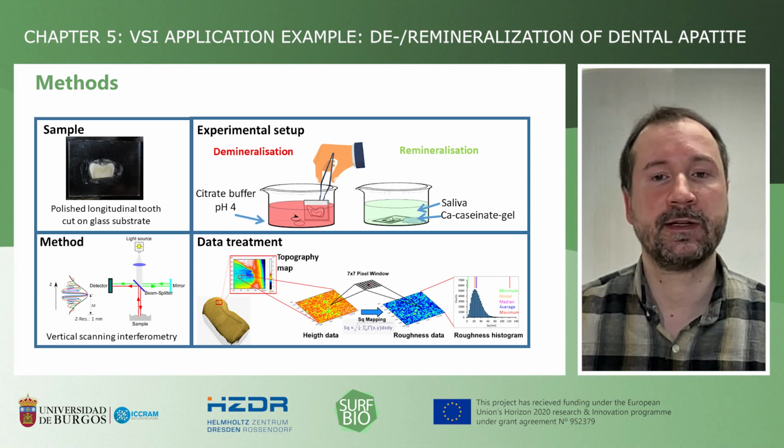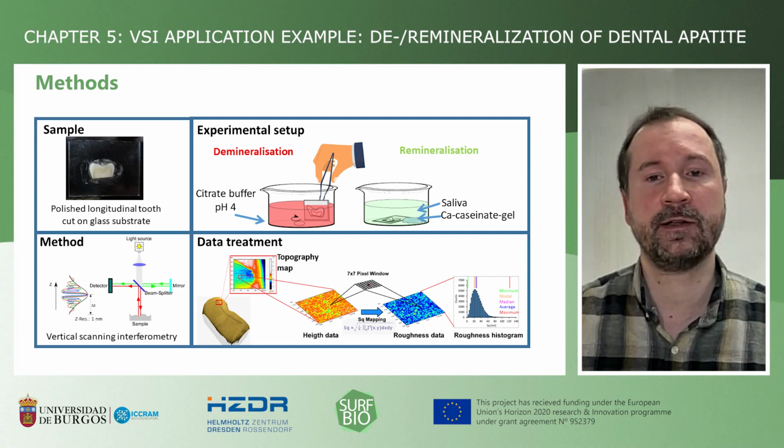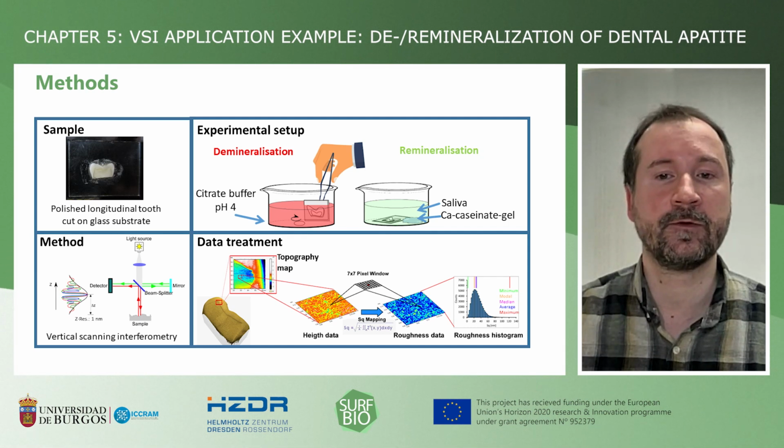This height data was then transformed into roughness data using the so-called SQ parameter, which is the standard deviation of the height data. For every pixel of a given height map, the SQ value was calculated within a 7 by 7 pixel window, giving us detailed roughness maps, which could be analyzed according to the structure of the roughness